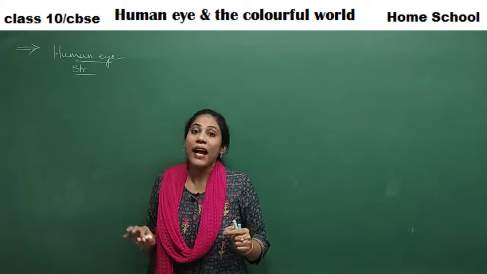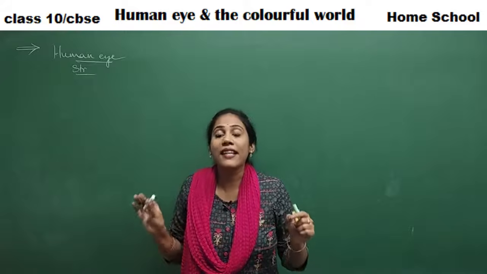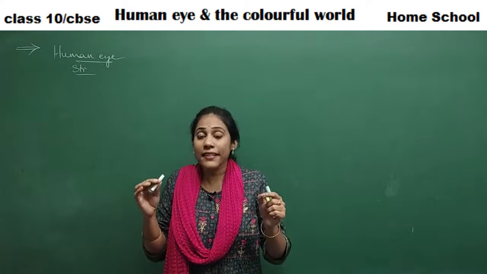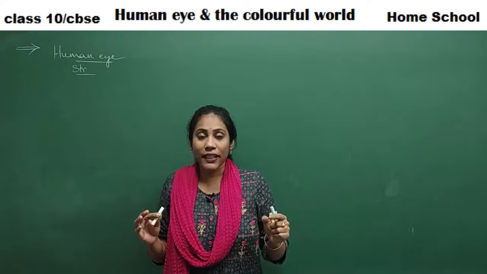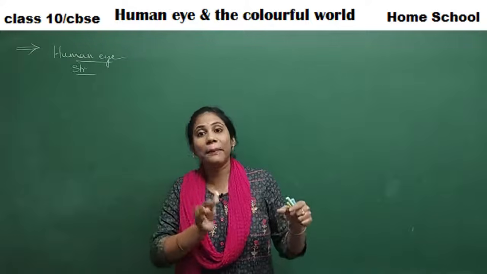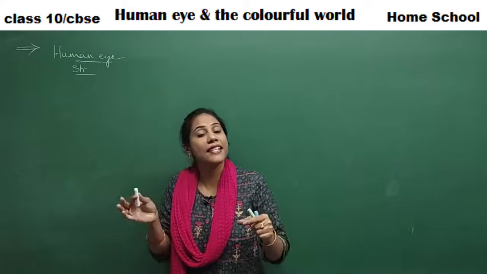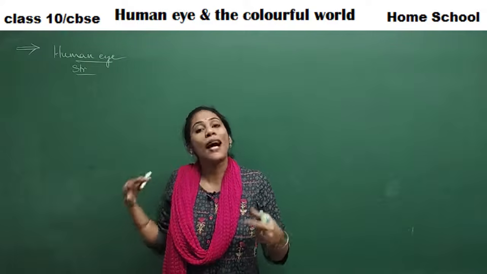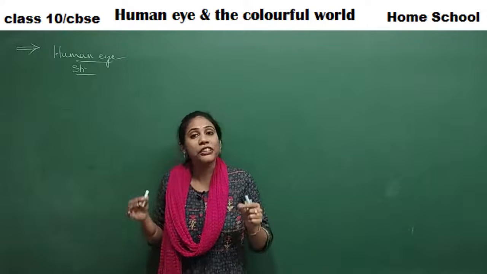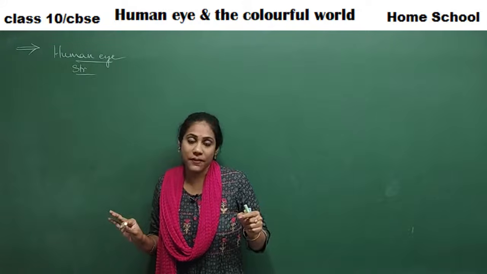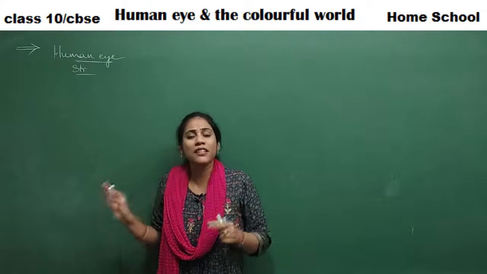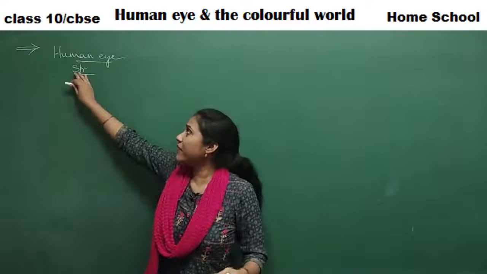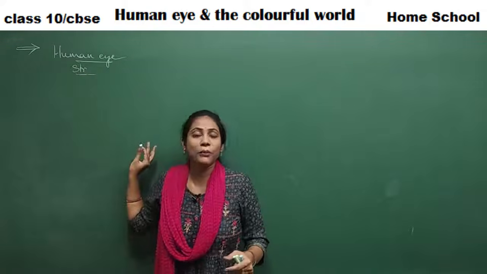Everything we will discuss. Actually, our human eye has a certain type of lens. This lens is producing images. Just like we have seen the image formation in case of convex lens and concave lens in the previous chapter, isn't it? Similarly, you have a certain lens in the human eye which is used to form the images. Clear? How the images are formed, what the lens is made of, the different parts, everything we discuss under structure of human eye.